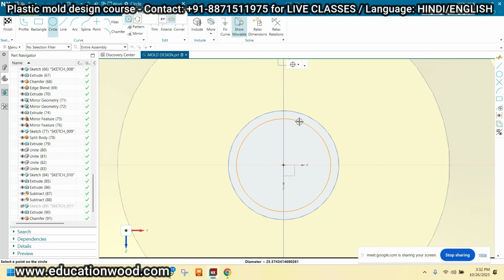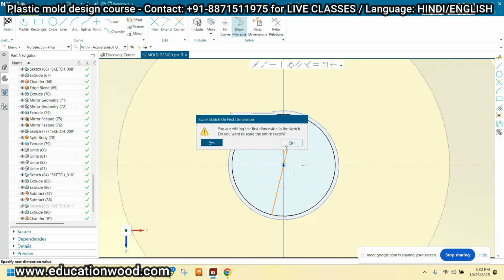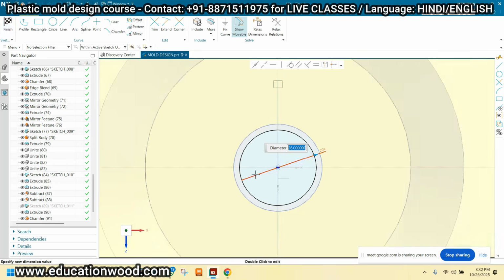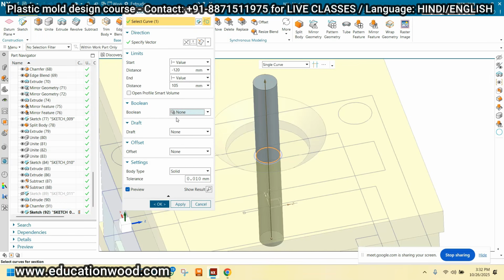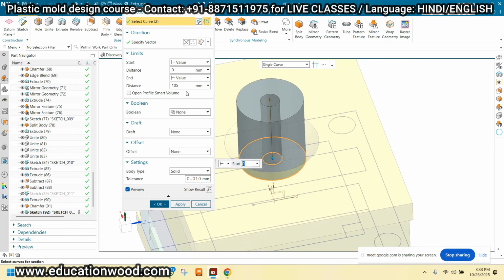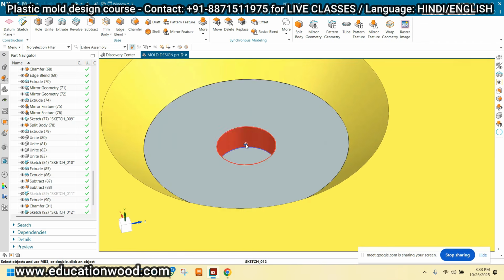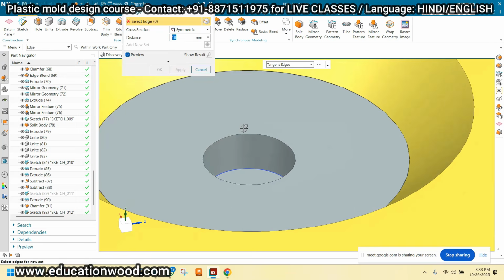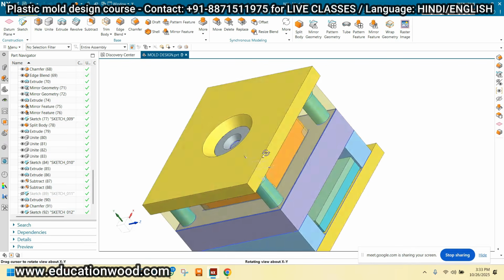By the locating ring, I'm locking the sprue bush also. For that, 30 mm was the diameter of the sprue bush. So I'm taking 26 mm here, and just finish this. Extrude this and none, and take the another curve. This will be the 0, this will be the 12 mm, and just click OK. If 12 mm is the thickness of this, take the chamfer, and this will be the 10 mm, and just click OK. See, right?